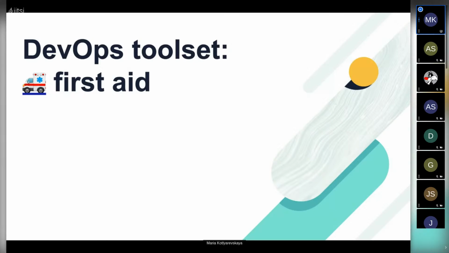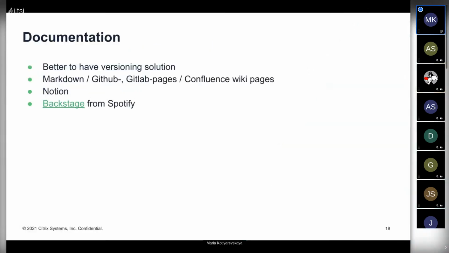So I will try to briefly look through these tools. And regarding documentation, there is not much progress, but if you need to start with something, you can try going with some README files in the source repository.